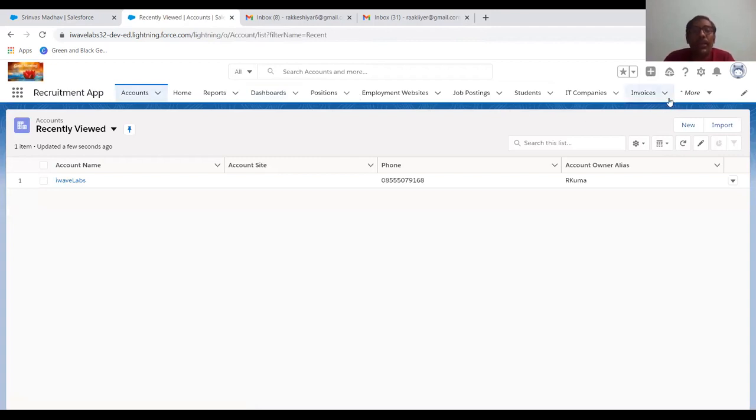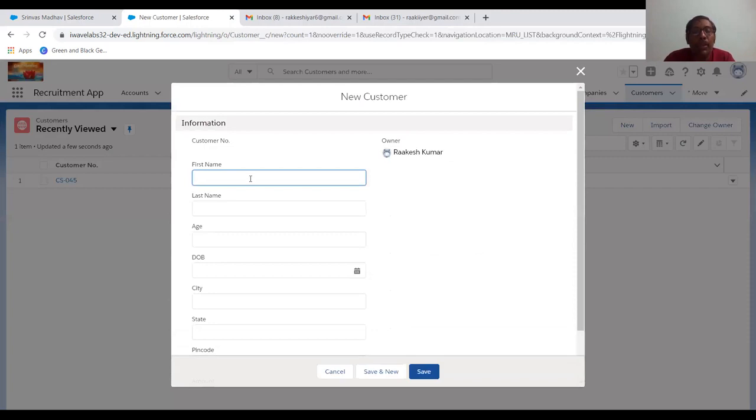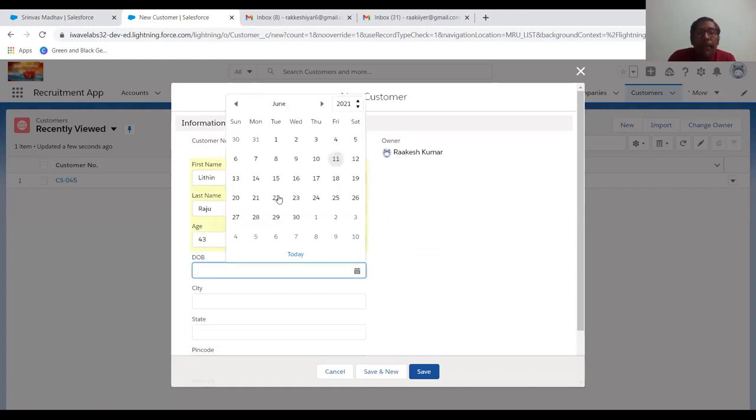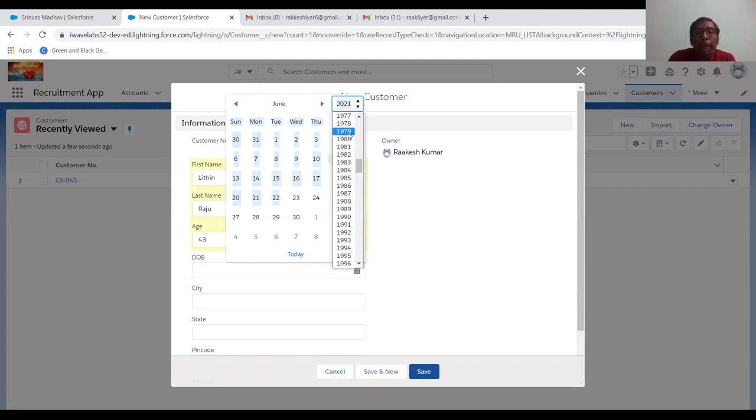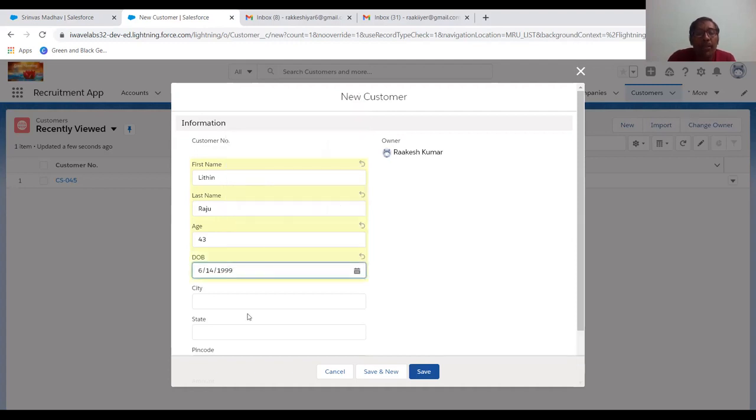Now we have to go for the customer object. Do you have any customer object here? Not yet. Now I'll click on customer object and enter all the details. First name, last name, Litin Raju, age 43, date of birth, let's say 1999, 14th. City,